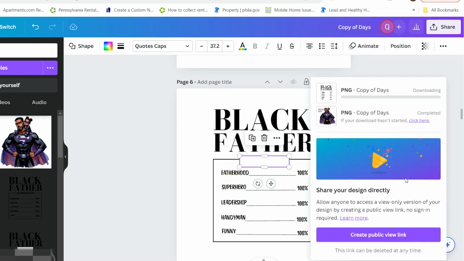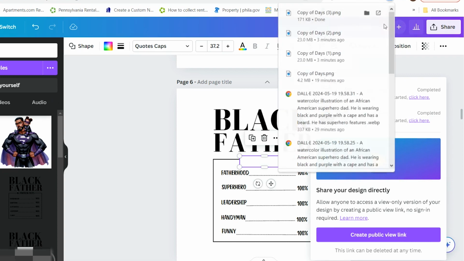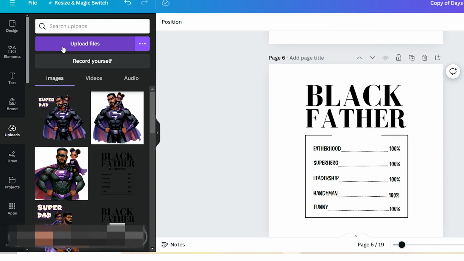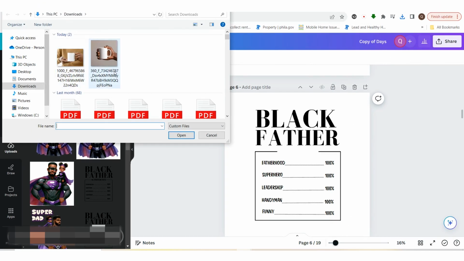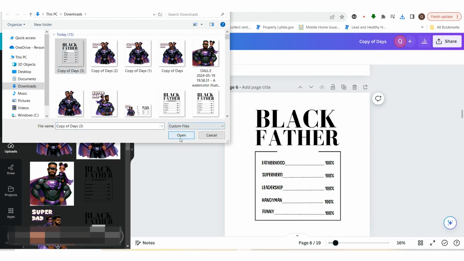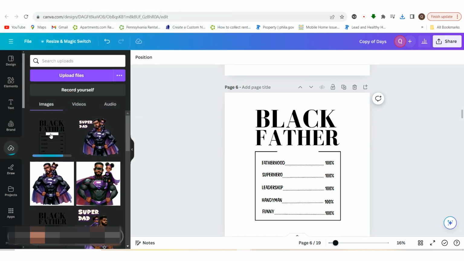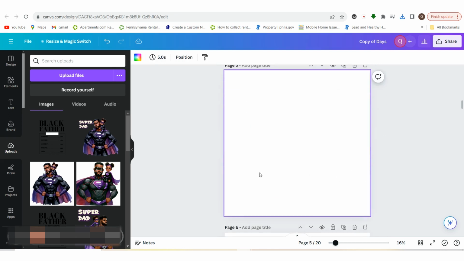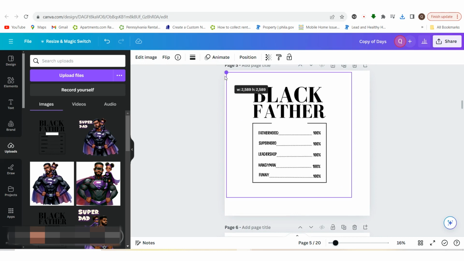All right. So this is a little trick that I do. And there's many ways to do it. I like this way the best. So now I'm going to go back to uploads. We're going to upload that because I want to make sure that I take out the white. As you can see, it's a white box. I don't want that white box to be there. So I'm just going to make another page. And if you click here, you can add a page. And now I'm just going to